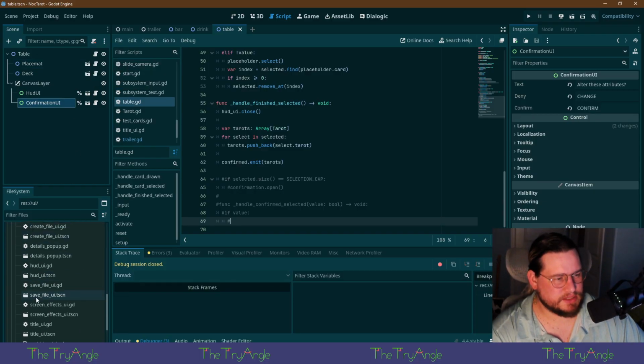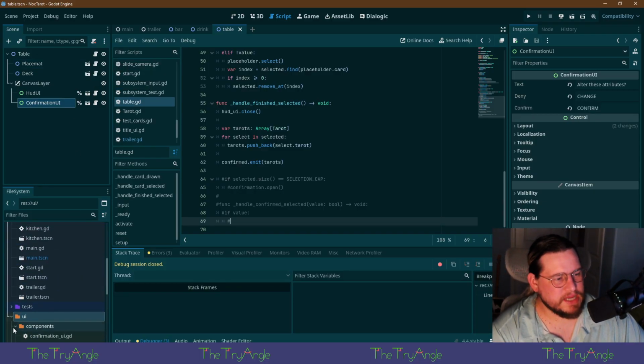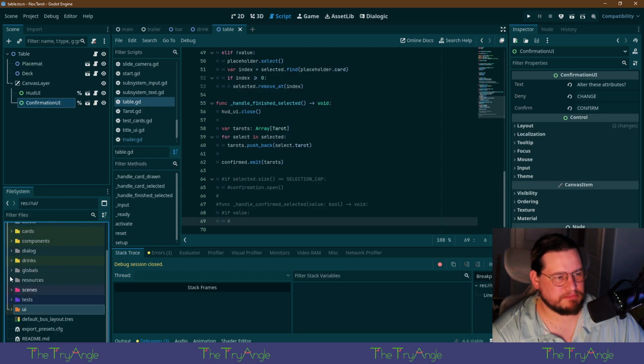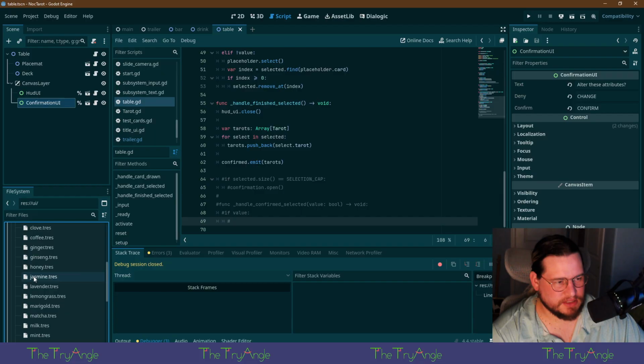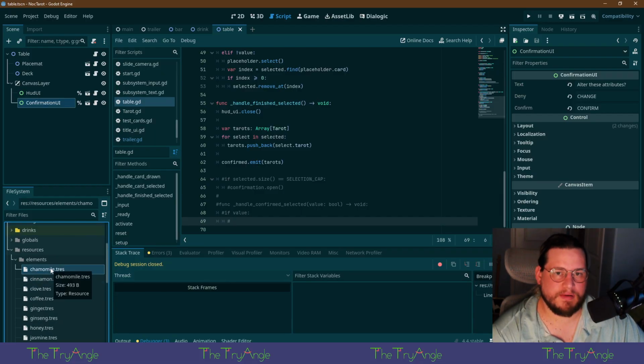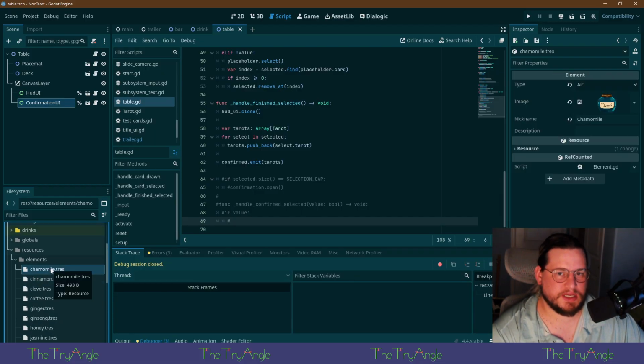The ingredients. I swear I have fixed this multiple times, and every single time it just doesn't work. Chamomile, air, fire, cinnamon, clove, water, coffee, fire.